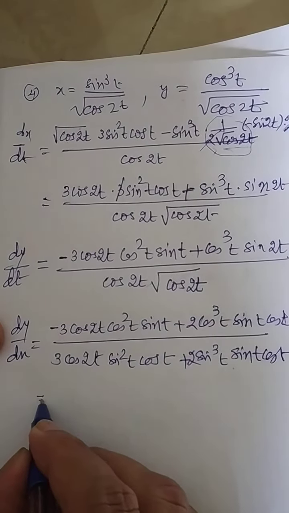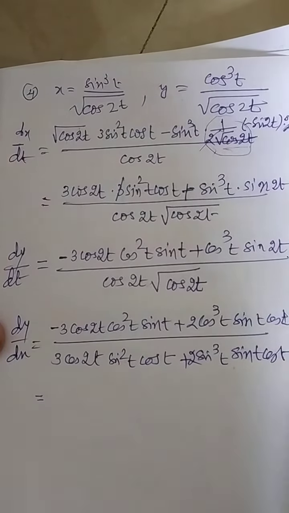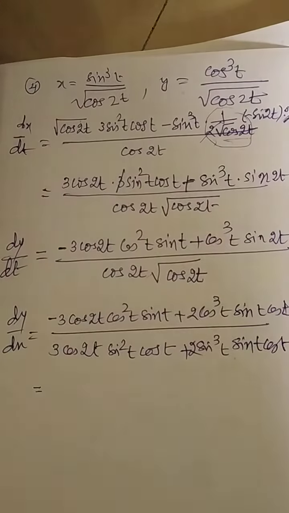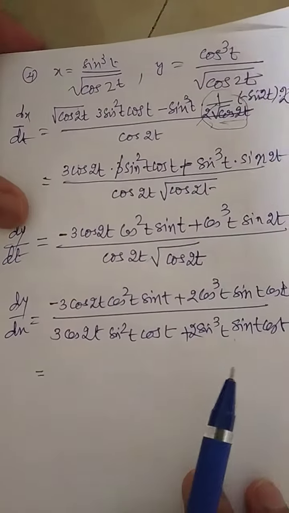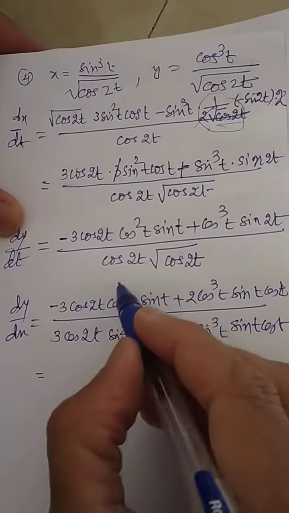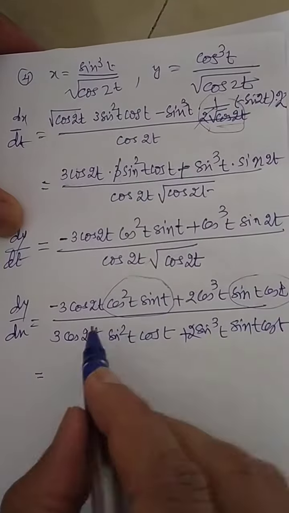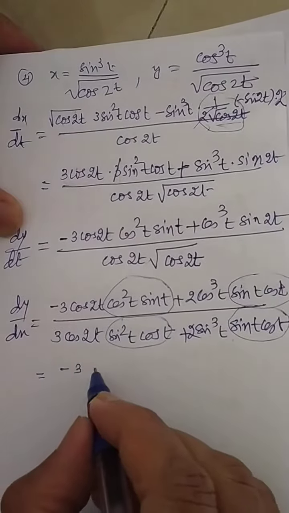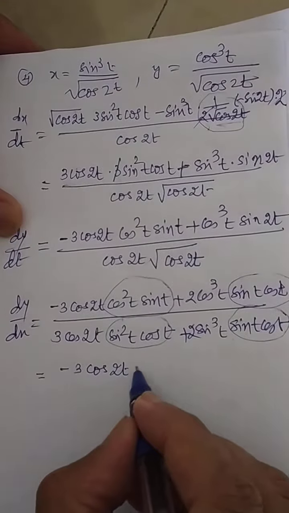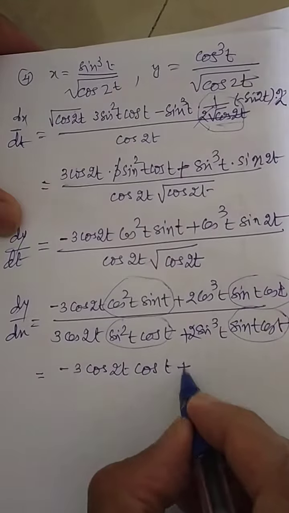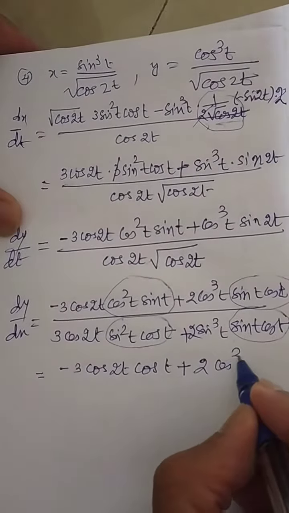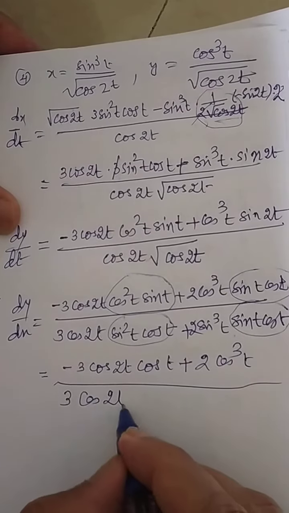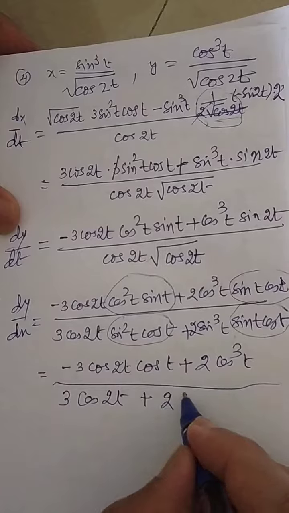If it is asked to find the dy by dx, if you write this much it is also correct, but sometimes this question can ask to prove something like that also. So how can that proof be done? Now sin t cos t is present everywhere. Look here, sin t cos t in all expressions. So you can take it out, cancel, and the term can be cancelled. So it will be 2 cos t over here, cos of t plus 2 cos cube t, divided by 3 cos 2t plus 2 sin cube t.